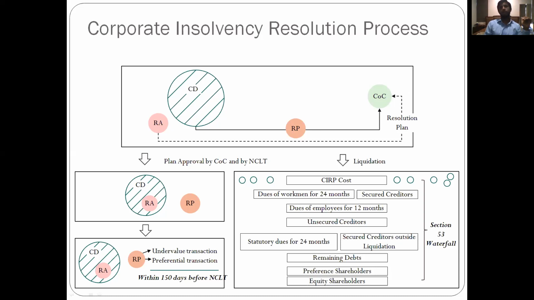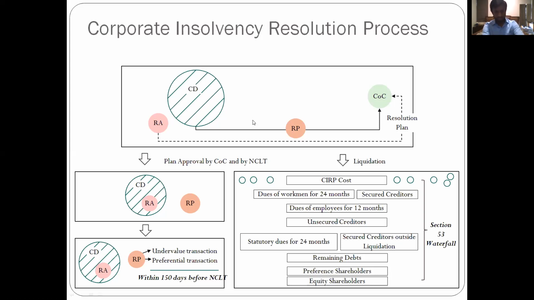I say, okay, here, creditors, hear me out. Here's kind of how I will pay you back. I will obviously not pay you the full amount. So you'll have to take a haircut, and you will get 10%, you will get 5%, and you then give me the company. So let me take over the company. Once this resolution plan is voted by the COC by 66% vote share, earlier it was 75%, it then goes to the NCLT. So the RP, after COC approval of the resolution plan, takes it to the NCLT. The NCLT puts a stamp of approval, and the moratorium that we discussed earlier then comes to an end.